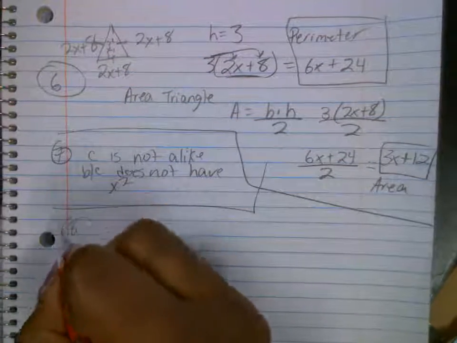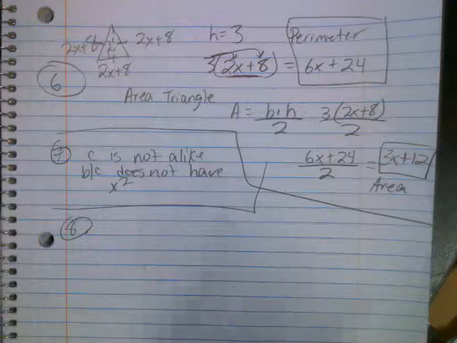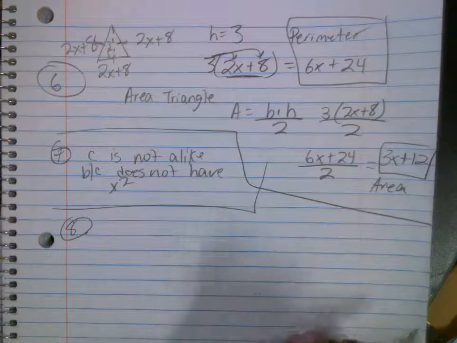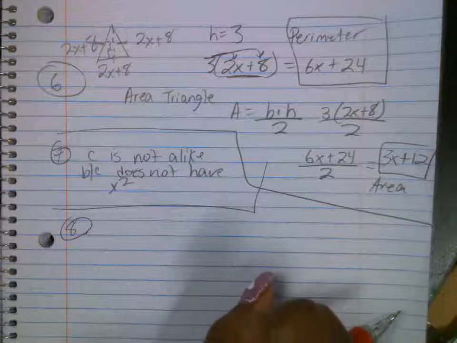Number 8. And we know that the x squared ones make the U shape. All right. Number 8,